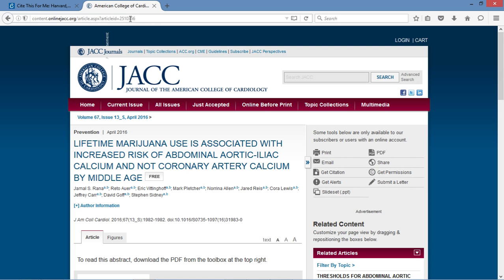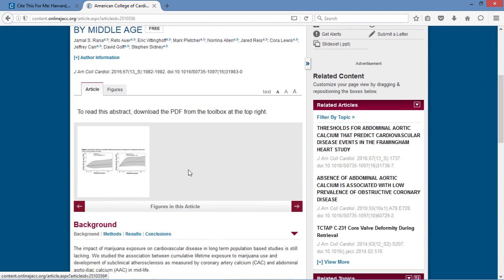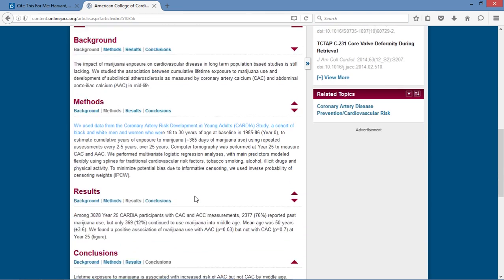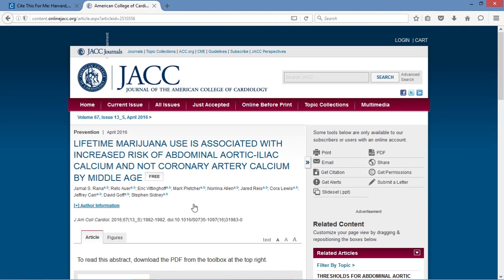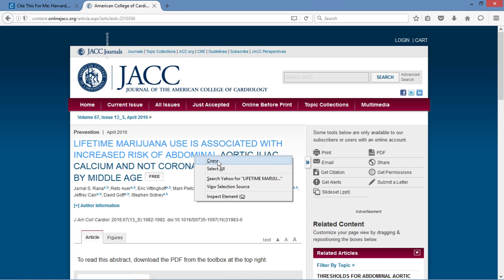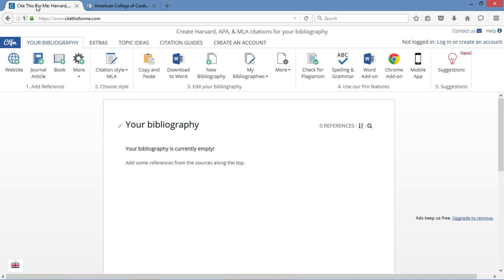All right, so what you want to do is, you have two sources that you can actually use. You can use the website as a source, or in most cases, what you want to do is obviously you want to use the actual authors as a source. So what I'm going to do is I'm going to click and drag in here, and I'm going to copy just part of this title. Copy that, and then I'm going to go back to Cite This For Me,